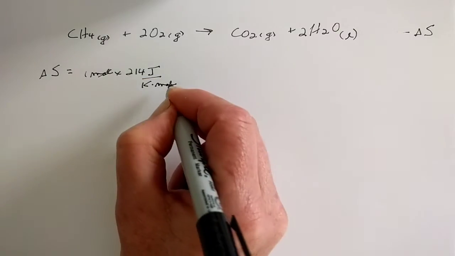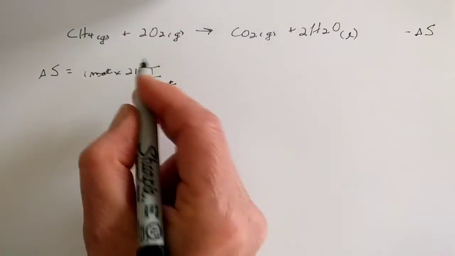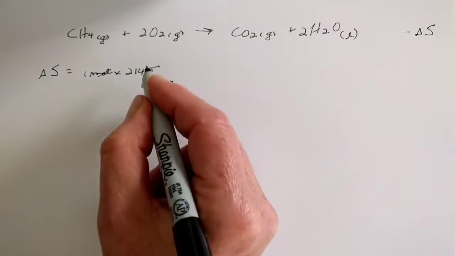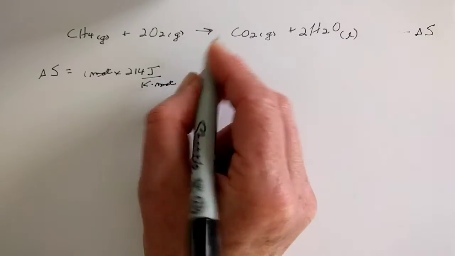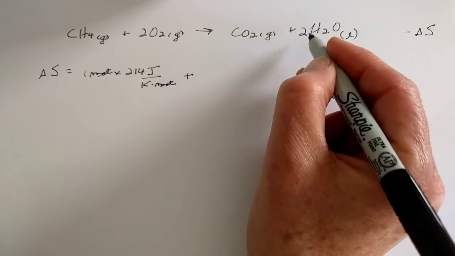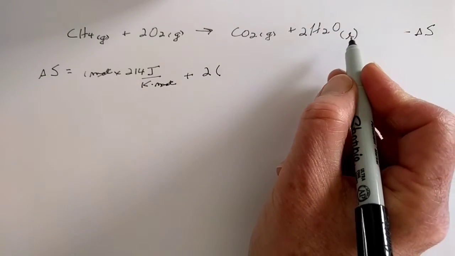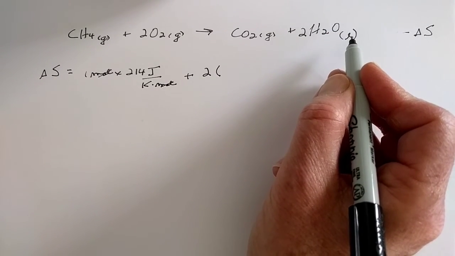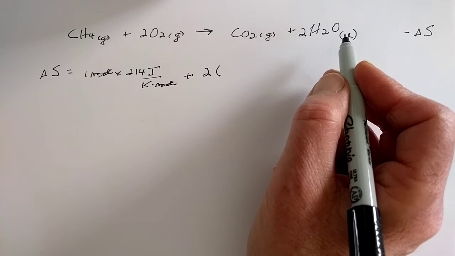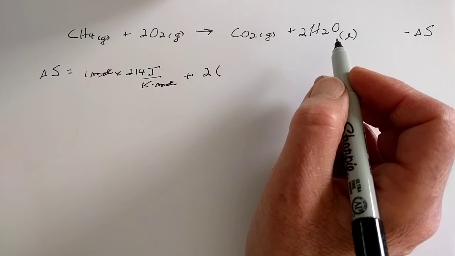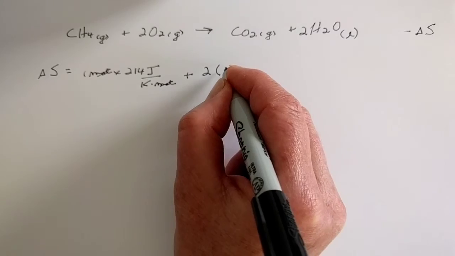And then our moles cancel out. I'm not going to put in the units for the rest of it because it all cancels out to joules per Kelvin. All right, so that's for the carbon dioxide, plus, then we have 2 moles of water. Then we look up the value of H2O liquid in the table, which is different from if we have a gas. And for that, we have 70